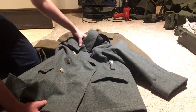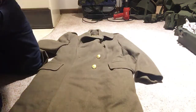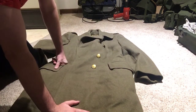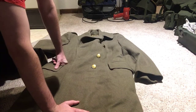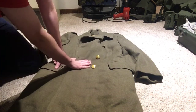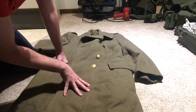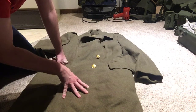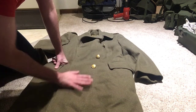But we'll move on to the more traditional winter pea coat here. Now this is something I have two of. They're very, very nice, these. One of these I like to wear all the time, which is this one. The other one I have isn't this nice because I use it for reenacting and it's kind of beat up. It goes to my Korean War outfit. And this is a Canadian